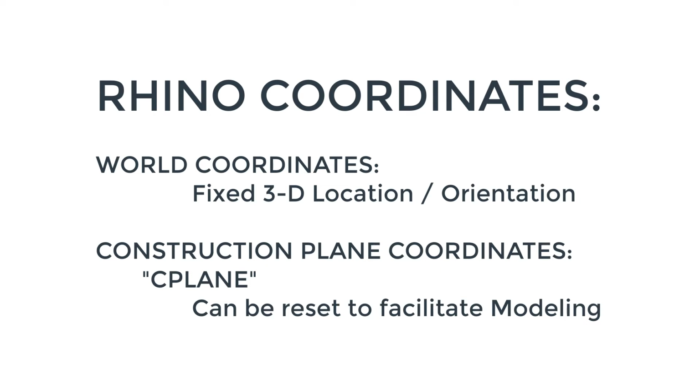Rhino uses two coordinate systems, a construction plane and a world coordinate system. The world coordinate system is something like your ground zero. It never changes in the three-dimensional space of the model. But we have greater flexibility with the construction plane. We can move it around in order to facilitate more accurate modeling, and that's what we'll do with this case